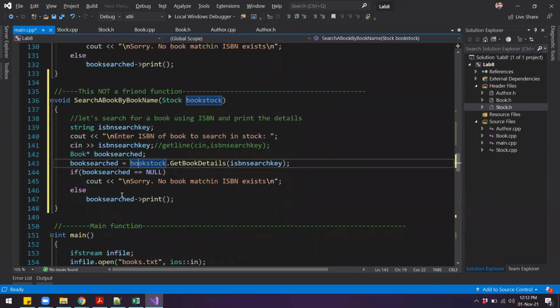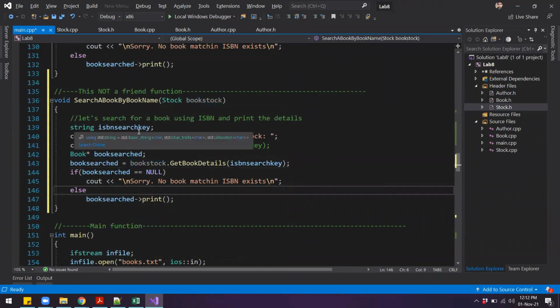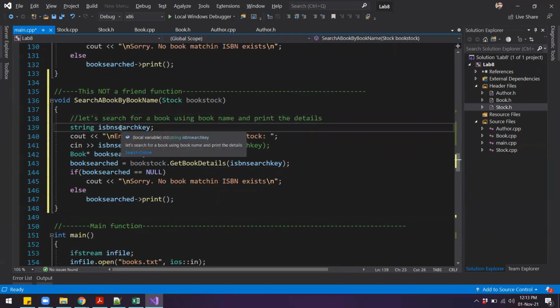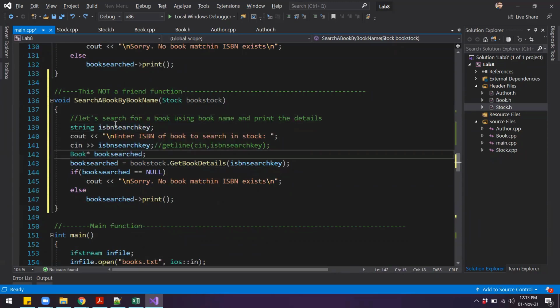Now in here we have to allow the user to enter the name of the book. So we can change some things over here. It says let's search for a book using ISBN. So now it will be book name. This is just a comment, so it doesn't really matter. String is ISBN search key. We can give some name over here.